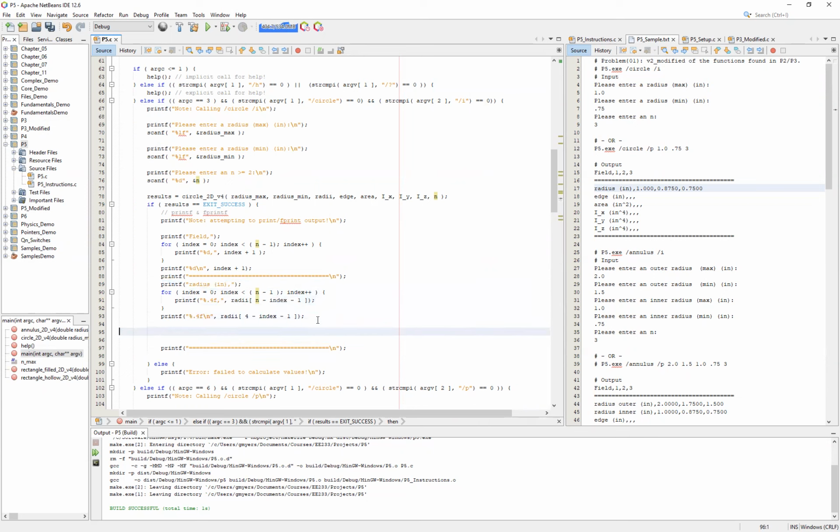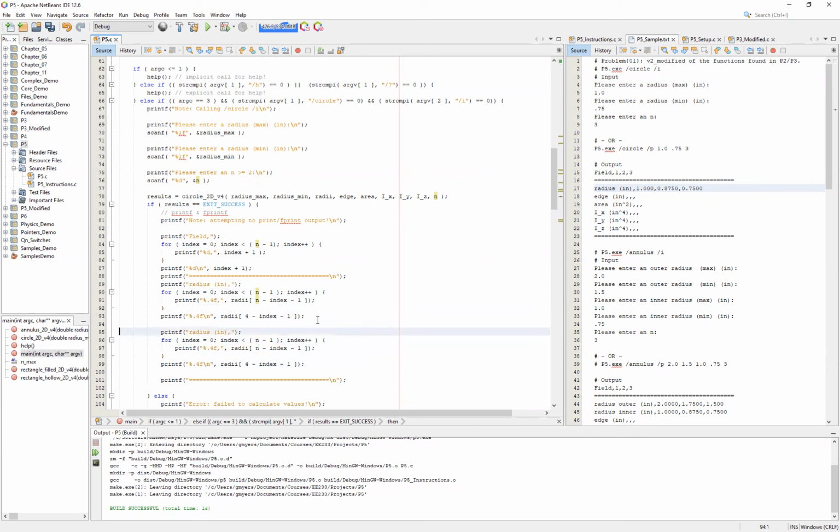And effectively at this point, we can cheat a little bit, meaning that we can just simply come along and do a copy and paste. And as long as you are careful with switching out not only the text in the print, but also remember to change then the array that you are accessing. In this case, we are going to be accessing the edge. Let's do one more before we